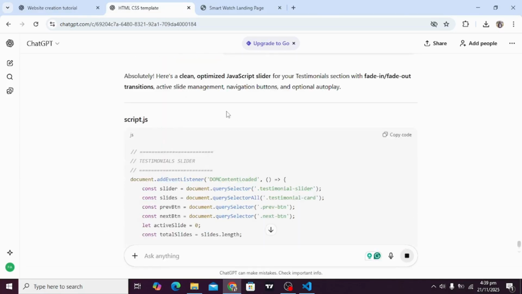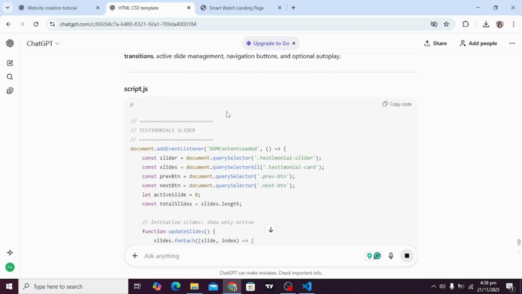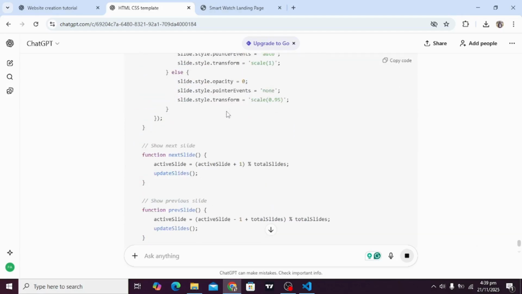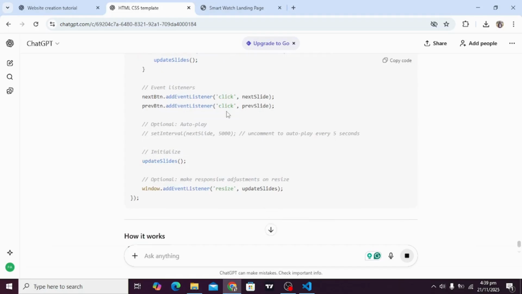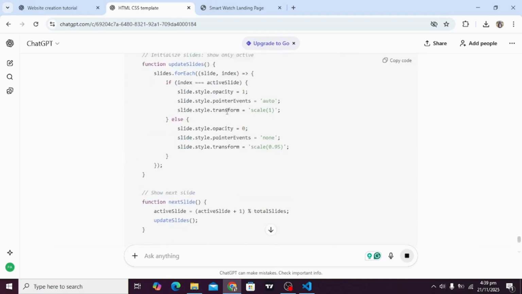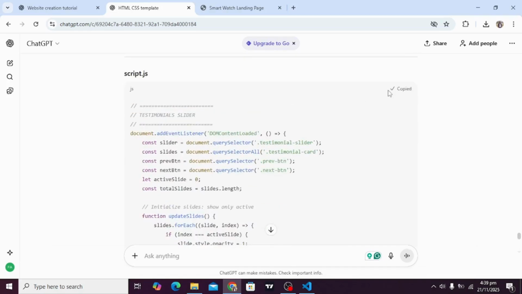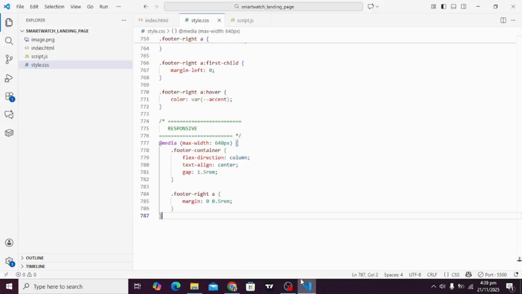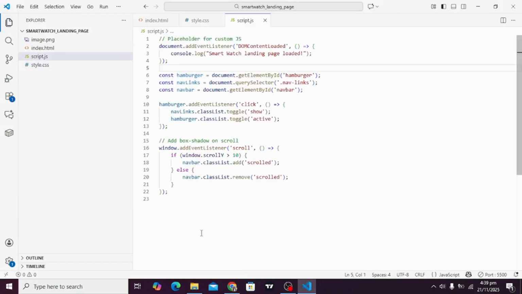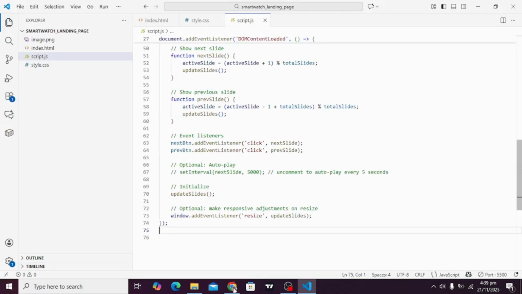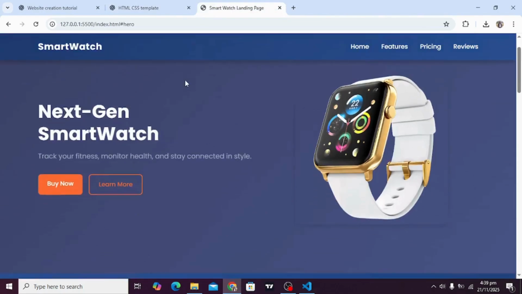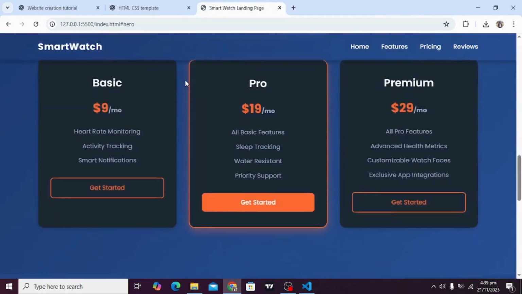Absolutely, here's a clean document.addEventListener. It has written the JavaScript code, so our slider will work. Let's see if it works or not. Copy, script.js, and here you go, Control V, and let's see what has changed.